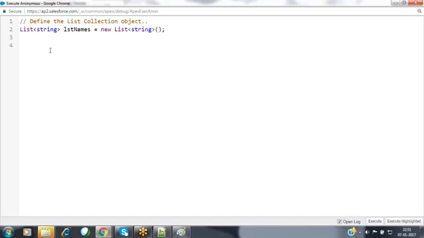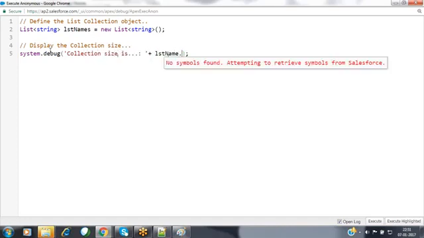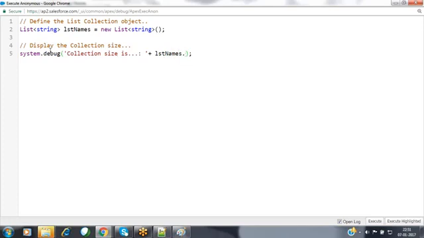Then what is the size of this list collection right now? We haven't added any elements here. The collection size is empty, nothing but 0. How do we get that collection size? Display the collection size using system.debug: collection size is, object name dot, what is that method?